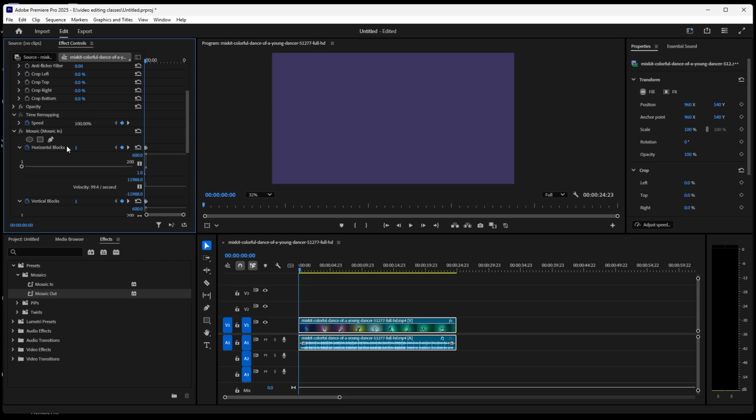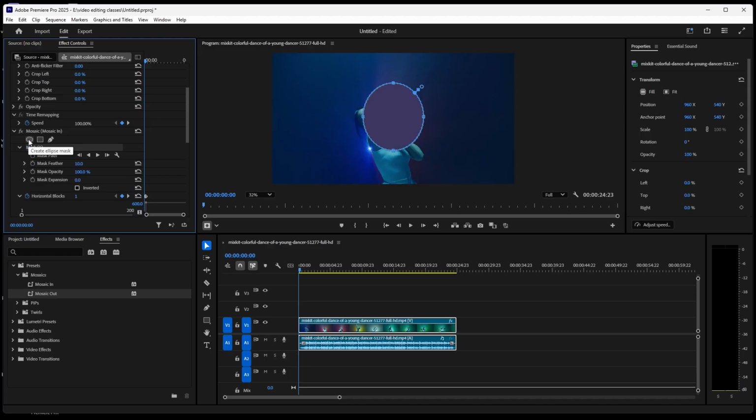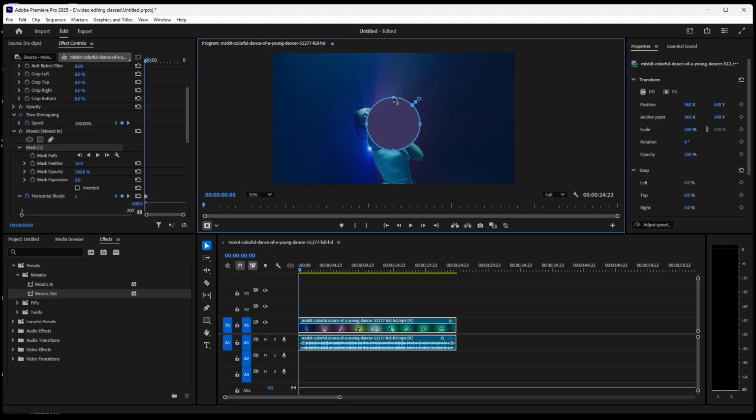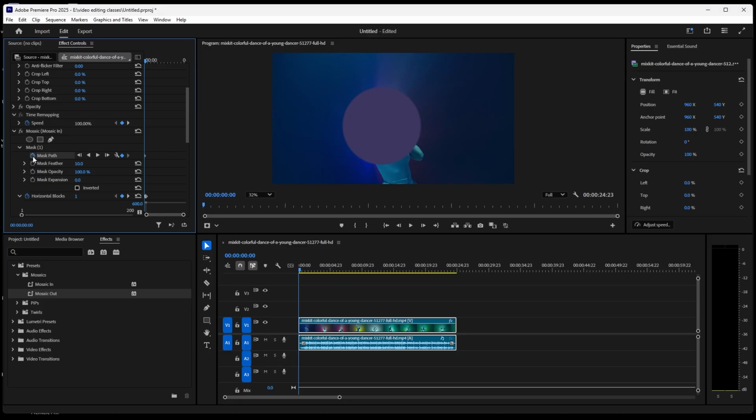Again in this we have some options. Here it is create ellipse mask, and here it is 4-point polygon mask and Bezier masking, right? So first let us apply the create ellipse mask here. So ellipse mask, this is an ellipse, but I want a round one, so I'm using shift here. Yes, this is okay. But when you move this one, first let us add the mask button here. Okay, when you move this one,